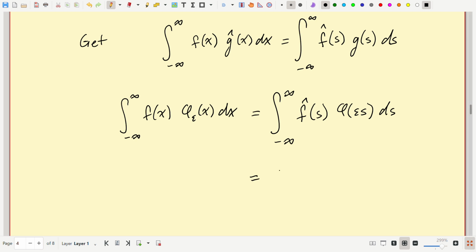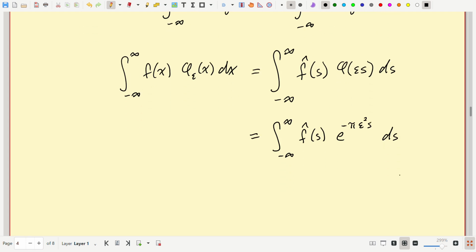That's the integral of f hat of s times e to the minus pi epsilon squared s squared ds. And in the homework this last week, homework 8, you showed that this tends to the integral from minus infinity to infinity of f hat of s ds